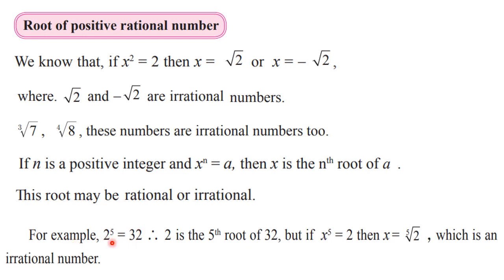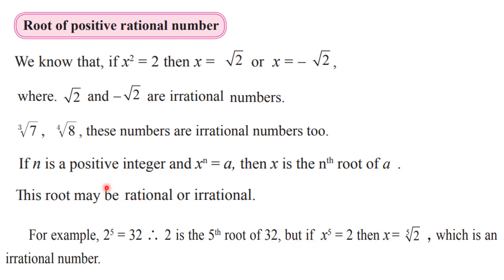But if we take the opposite here, see, x raised to 5 is 2. So here if we take the 5th root on both the sides, then the value of x is going to be 5th root of 2. This is an irrational number. Okay. If we have 32 inside, then the answer will be 2. But if we have 2 inside and 5 as the order, then it is an irrational number. Why? Because here 2 is a prime number. You know that we cannot factorize it further. So this x is equal to 5th root of 2 is an irrational number.